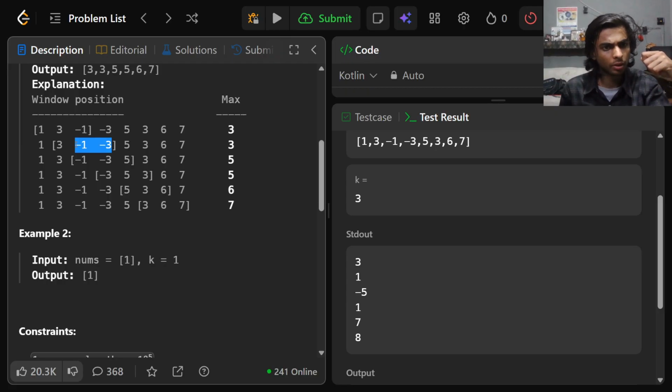Okay. So we kept the previous element, the previous sum, and in this one,